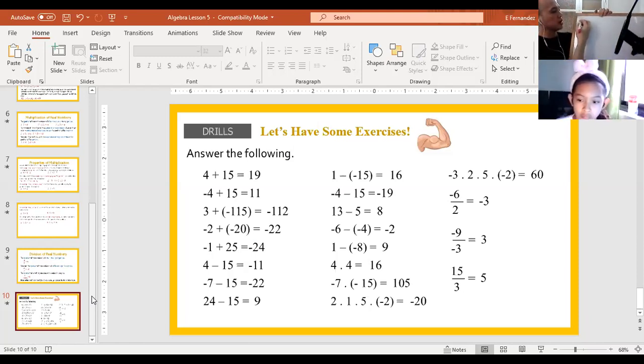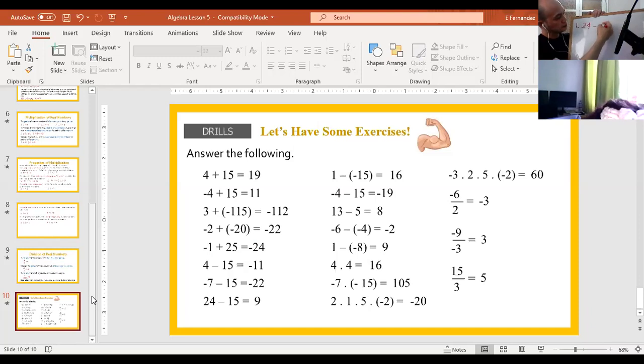Okay? So number one is 24 plus -11. Number two,